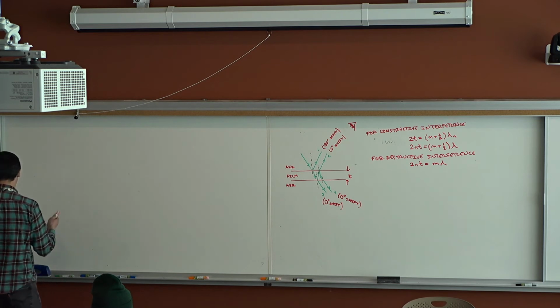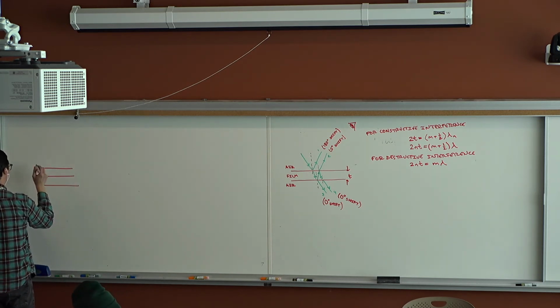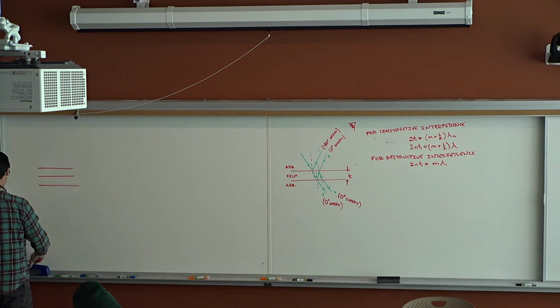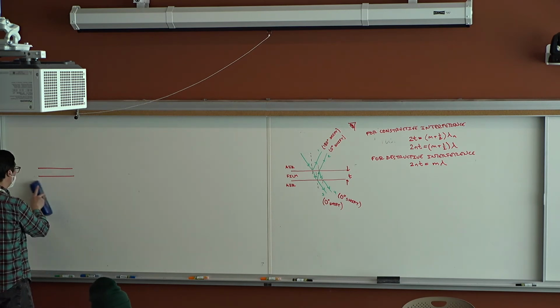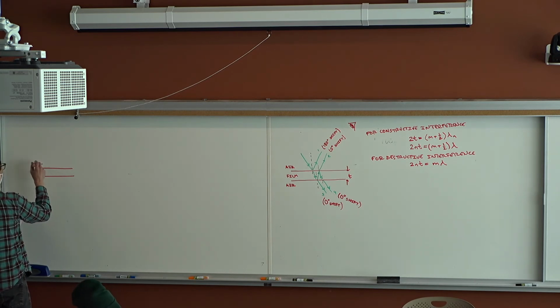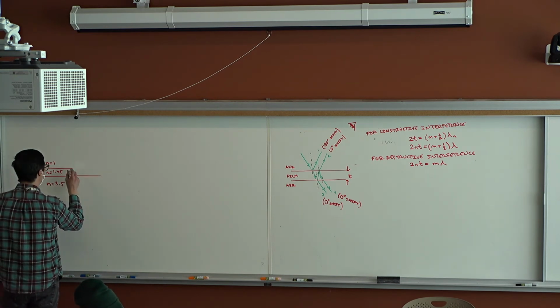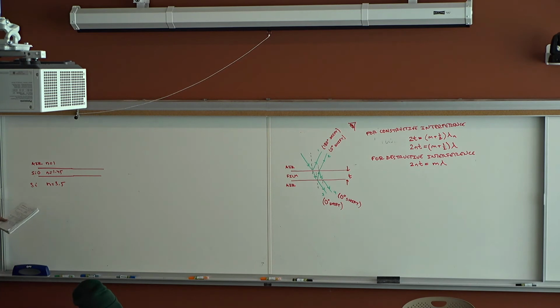And so we have air, silicon oxide, so n equals 1, n equals 1.45, and then some bare silicon, n is about 3.5, and